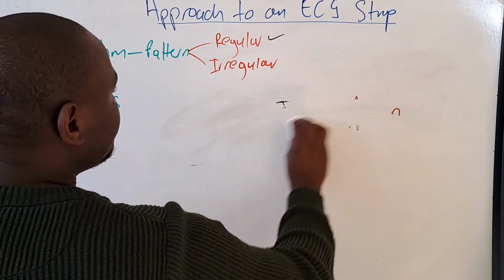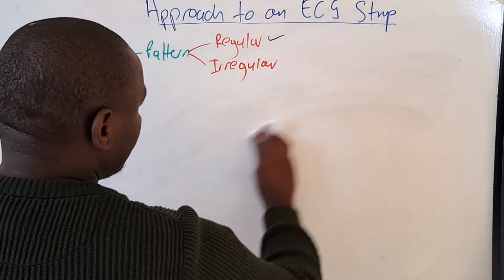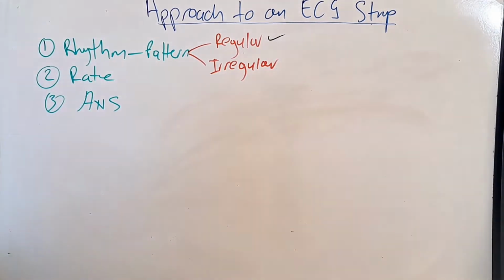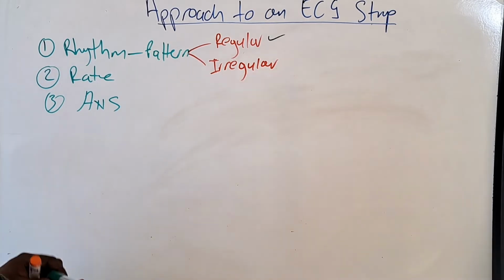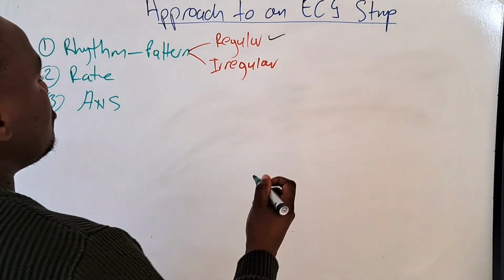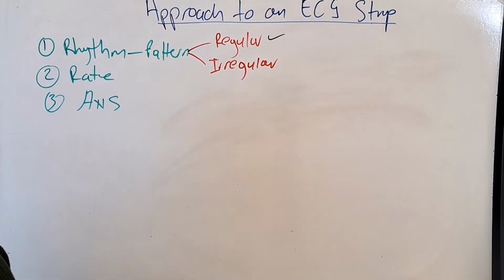Okay. That's what I'm saying. At this point, we are worried about the pattern. Just the pattern here. So if it's regular, now, like I was saying, the method that you're going to use to calculate the heart rate depends on whether the pattern is regular or irregular, whether the rhythm is regular or irregular, right? So, let's say now you have,